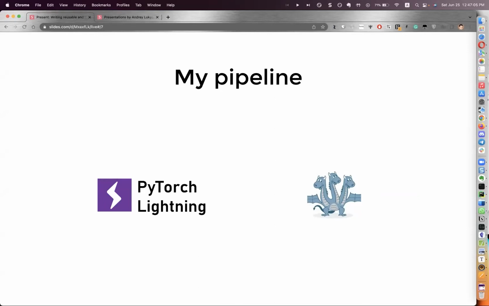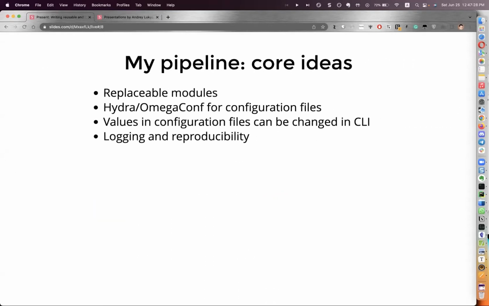It combines many configuration files and makes changing hyperparameters easier. I tried this pipeline in many projects, for example, time series, tabular data, named entity recognition, image classification. I trained it on multiple GPUs and even on multiple nodes and didn't have to change a lot of things. So currently I am satisfied with my approach and want to share it.